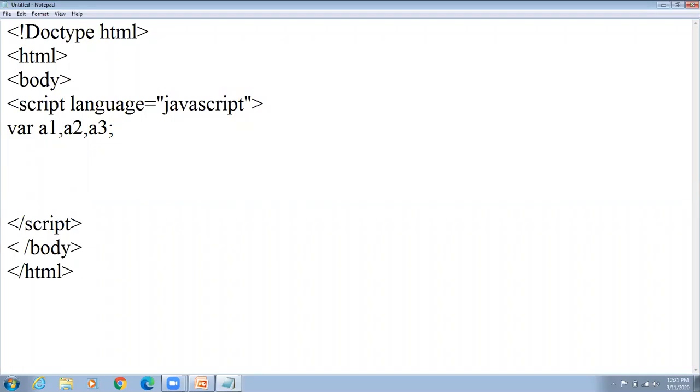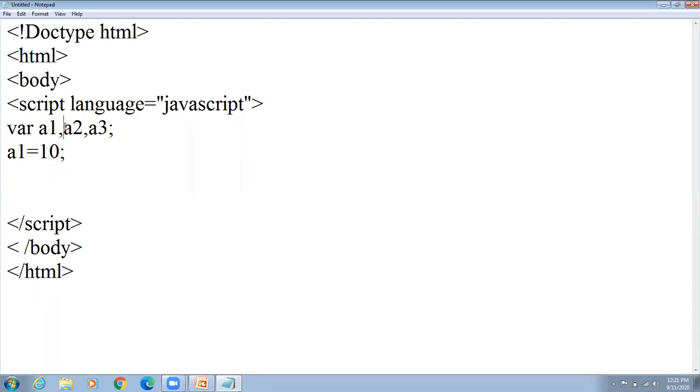Now, how to assign a value to the variable? A1 is equal to, for example, 10. So the value 10 is assigned to variable A1. Now only A1 is full in memory, which has the value 10.